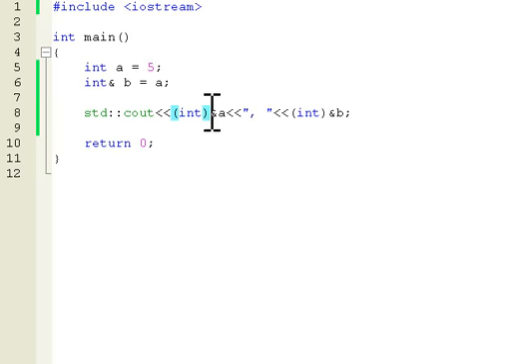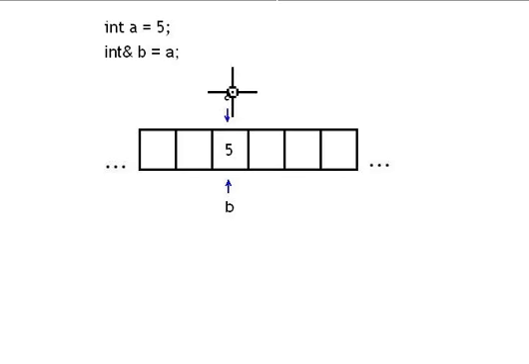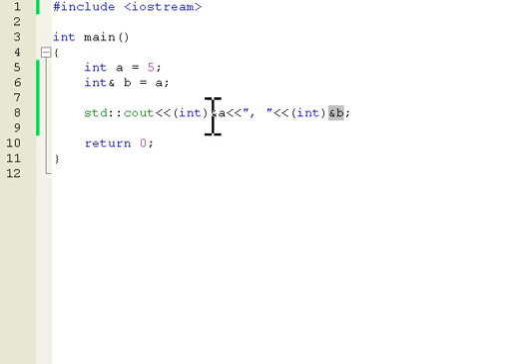Here I'm trying to show that they really are dealing with the same memory block, because if they are using the same memory block, they should have the same address. The address of the memory block we can ask by putting this ampersand before the variable. So I'm putting here ampersand before b and before a, and let's run this program, and we should get the same